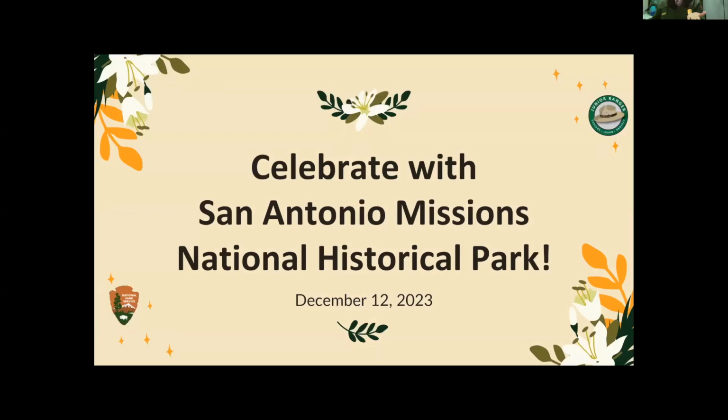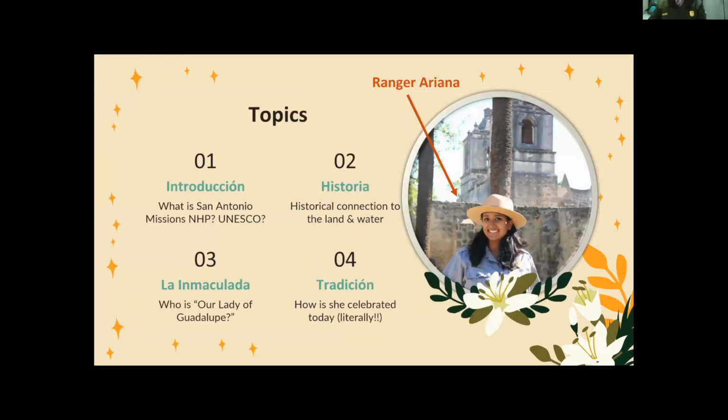And do y'all see it as well? We're going to celebrate with San Antonio Missions National Historic Park, learning about what's going on over here. So there I am, yet again, Ranger Ariana. And I want to have some bilingualization because that's a little bit of what San Antonio is about. But the introduction about what is this park, the history of connecting the land and the water, La Inmaculada, who